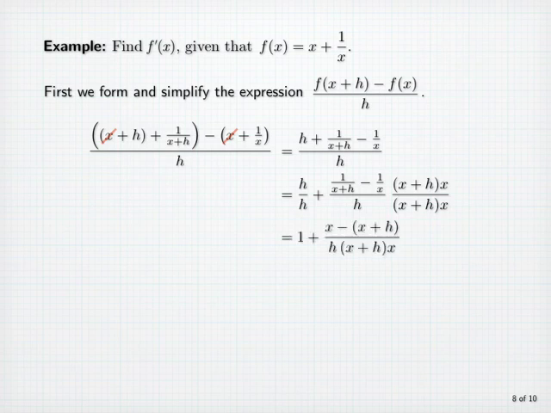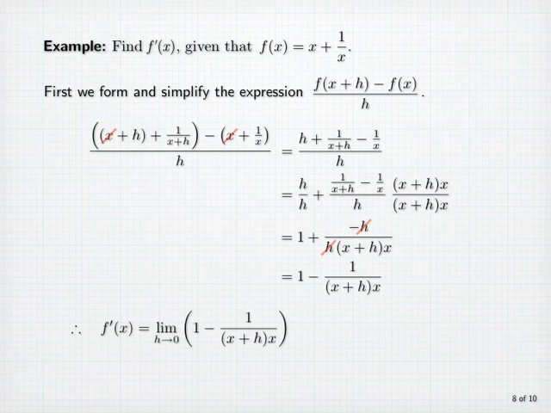Now, h divided by h is 1, and the numerator of the second term becomes x minus x plus h. x minus x is 0, so our numerator is just minus h. Now we can cancel an h, and we have 1 minus 1 over x plus h times x,